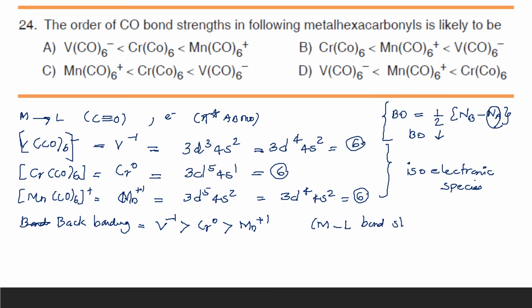So that is not asked in the question. In the question we are asked to arrange it in the order of CO bond strength. So when back bonding increases, CO bond strength decreases. So the CO bond strength order will be the reverse of this one. That is, CO bond strength order will be